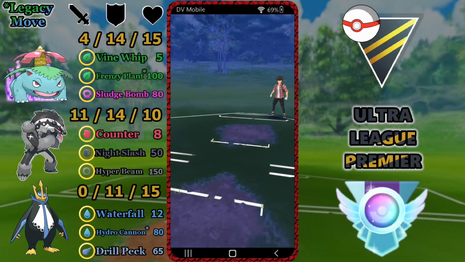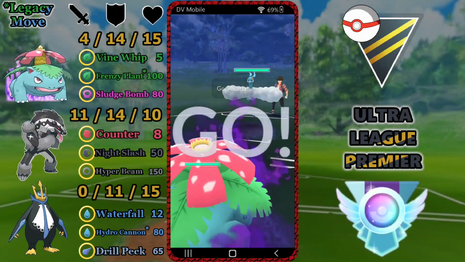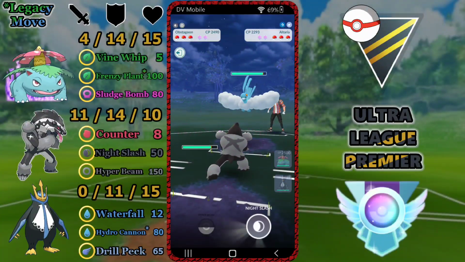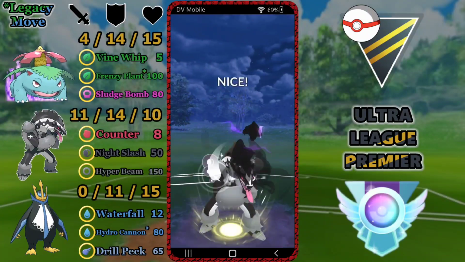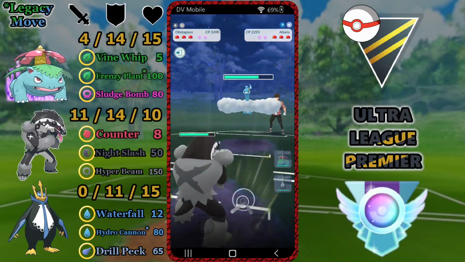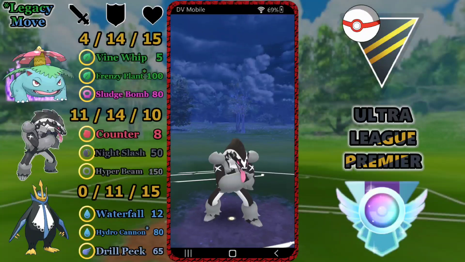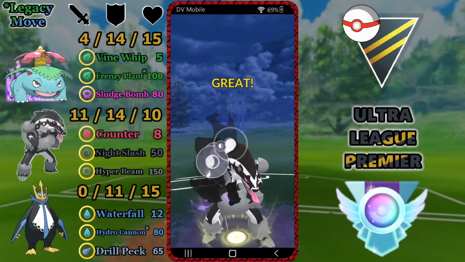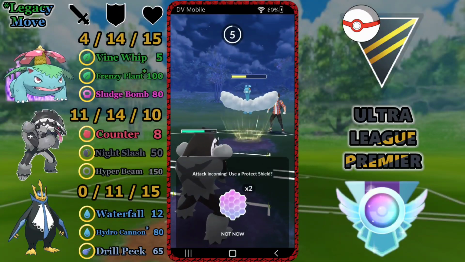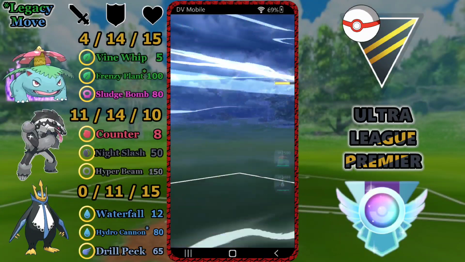So we're jumping into the next matchup, and what lead are we going to pull in this one? It's an Altaria lead. Now, Altarias are pretty rare in Ultra Premier. There's a lot of other XL Pokemon that people have prioritised building over Altaria, but I would rather it be a Dragonite, just because with Dragonite you can threaten them with an almost one-shot with a Sludge Bomb from Venusaur, whereas Altaria can definitely take the Sludge Bomb,